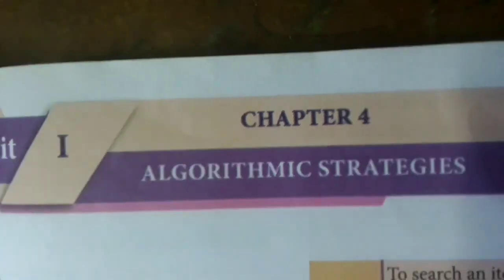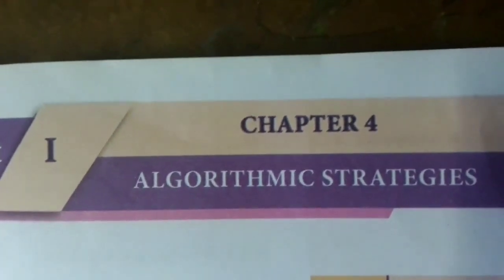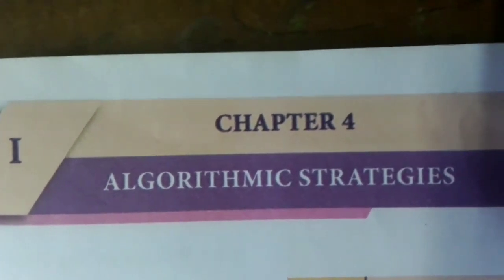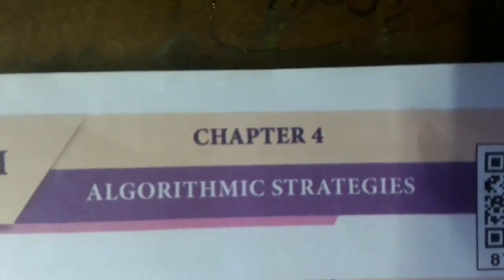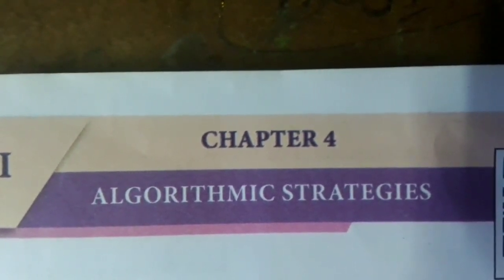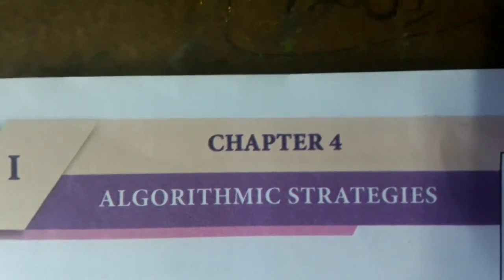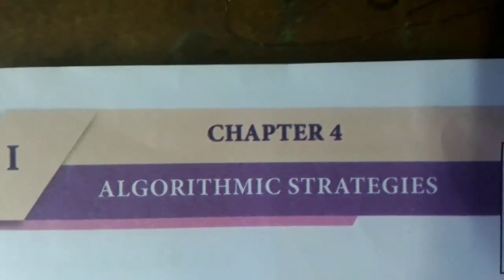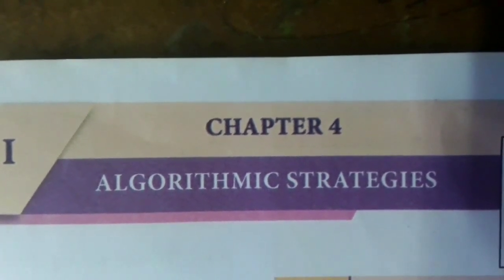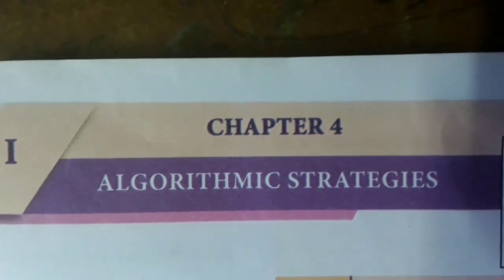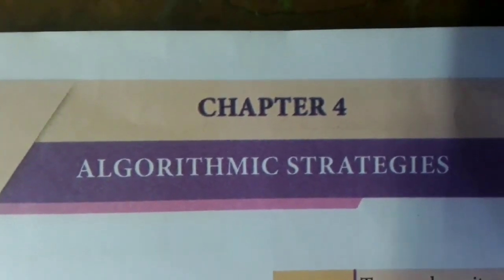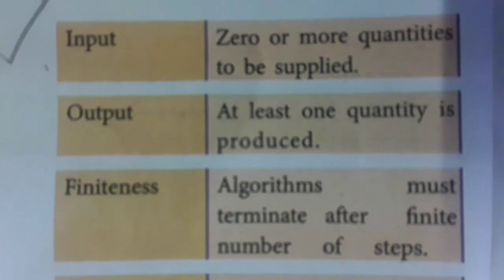So now your fourth chapter, algorithmic strategy. Here we are going to study what is algorithm, its advantages, characteristics, how to write an algorithm, all those things. We have already seen what is algorithm. It is the step by step instruction which is used to solve a given problem. This is the work which is done before writing the program in the programming language. So manual work. So you know how to write algorithm and what way you should do when you are writing a program. So now we will see the characteristics of algorithm.